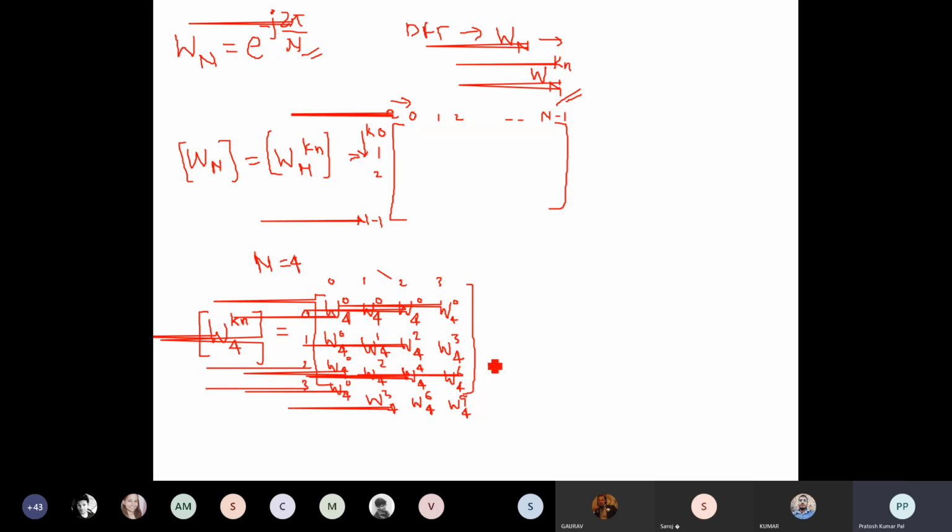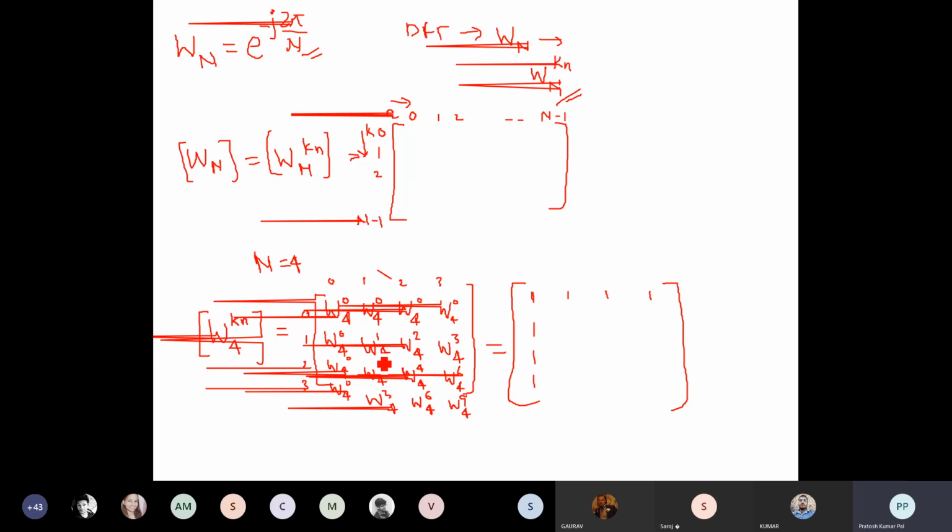So now what we will do is we will calculate each value of this. Okay, so W4 to the power 0 will always be 1. So the first value of rows and columns will always be 1. ठीक है, ये समझ में आया, ये 4 बना हुआ है, इधर 4 इधर और इधर 3.